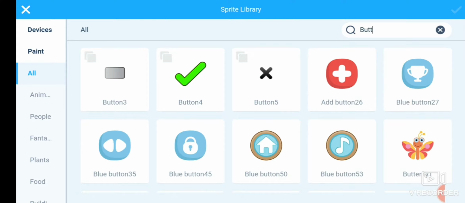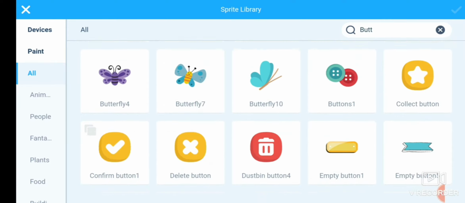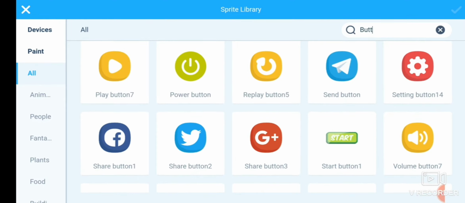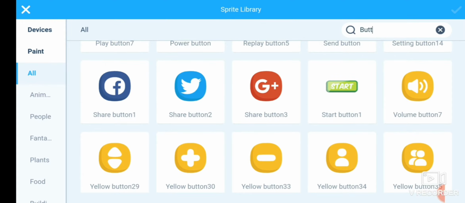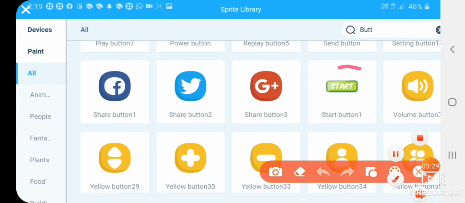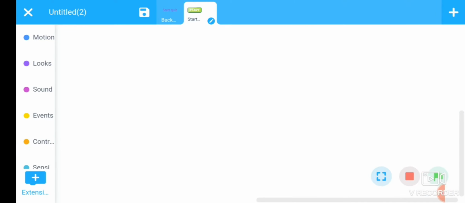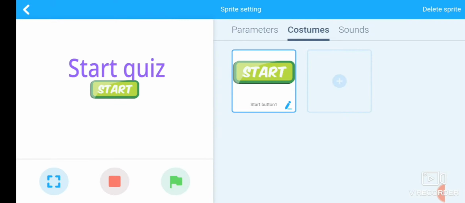You can see here a lot of options are present. You can choose any button, but I will choose this button. Fine.